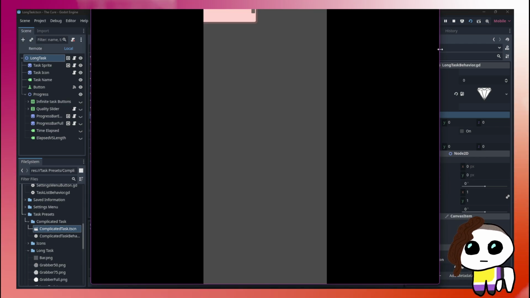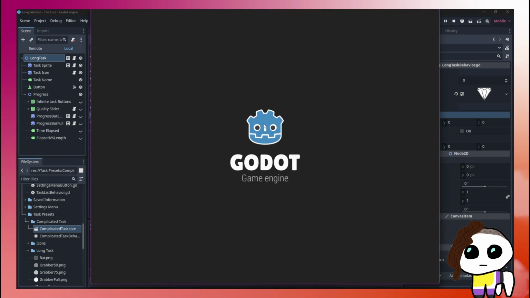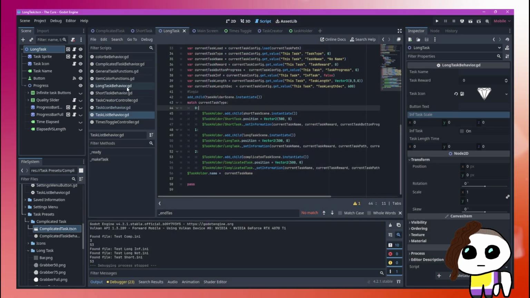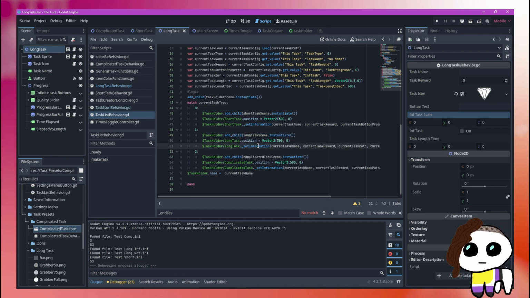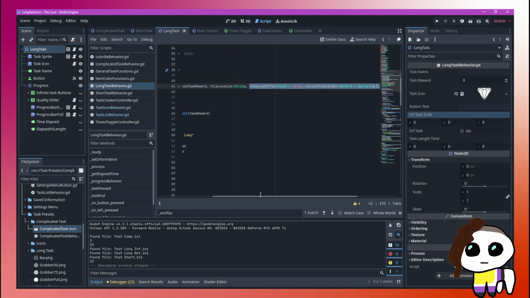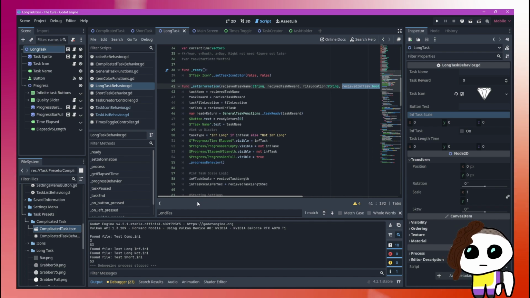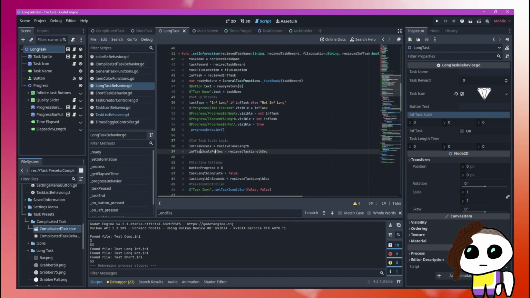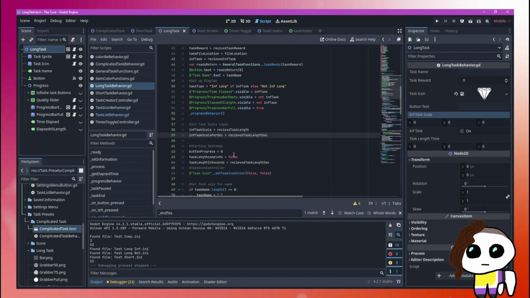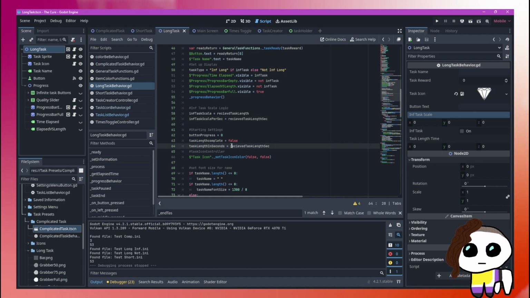Does that work? That's not the right scene. It did not work. Okay. Why would that not have worked? Initiate long scene, set information, current task. Okay. Long task behavior, it sets the information. Infinite scale is equal to receive task length second. Task length in second is equal to